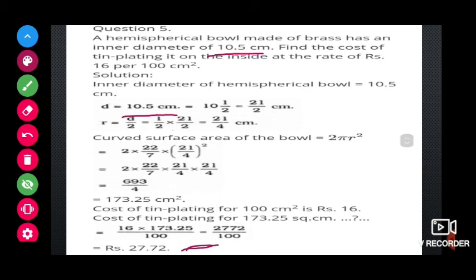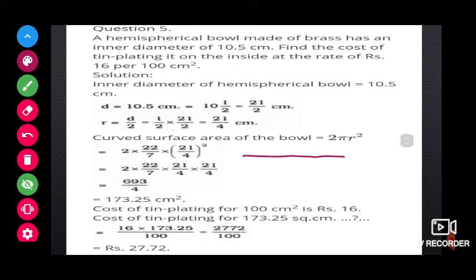10.5 centimeters, if you convert into a mixed improper fraction, is 10 1/2, which is 21/2. Half of the diameter will be 21/2 by 2, or half of 21/2, which gives 21/4. That's it. Next, the curved surface area of the bowl